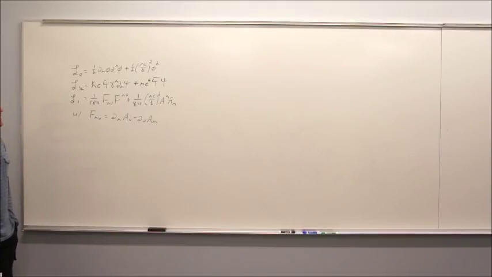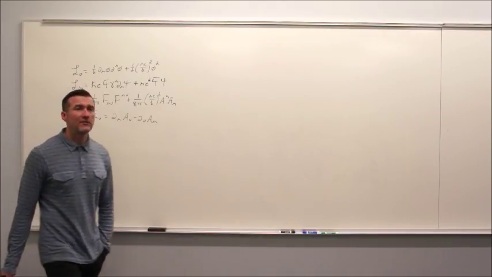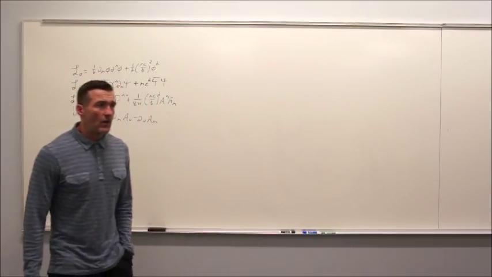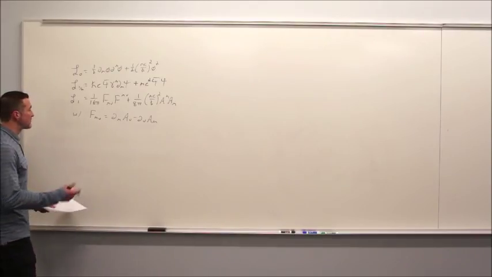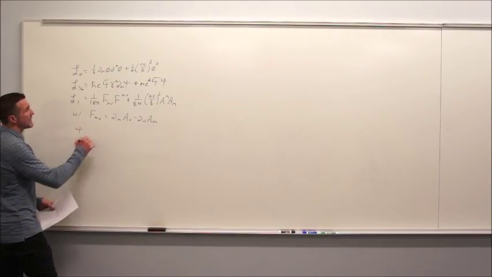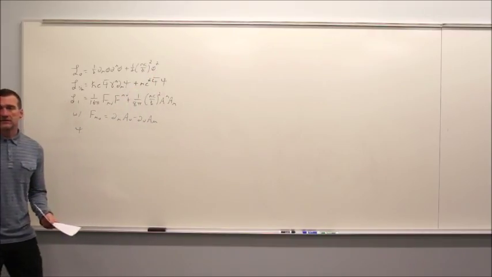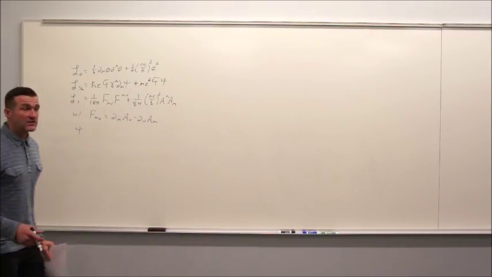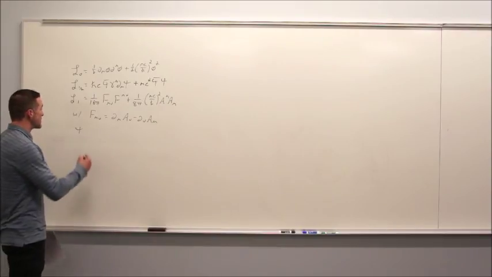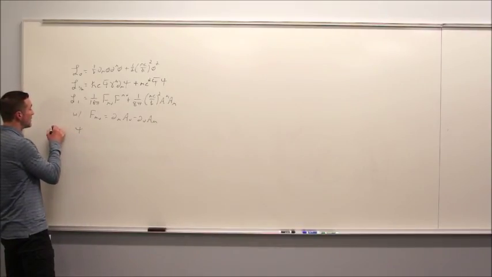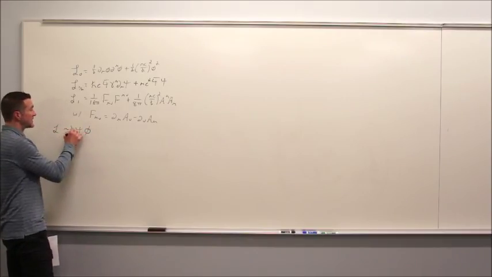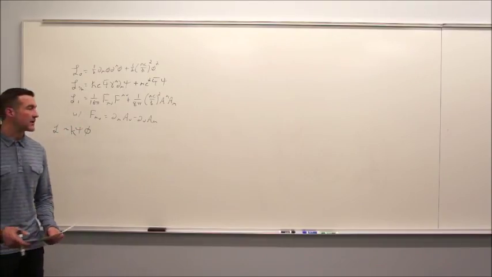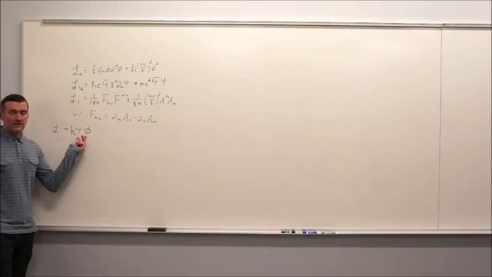Now you might ask, if 2 different fields are interacting, then what might we expect a term in the Lagrangian to look like? So for example, if I had a spinor field and it was interacting with a scalar field, how might that be reflected in the Lagrangian? And it's actually the simplest kind of thing you can imagine. If the Lagrangian had some term that involved just a product of those 2 fields, and there could be some constants that multiply that, possibly imaginary.